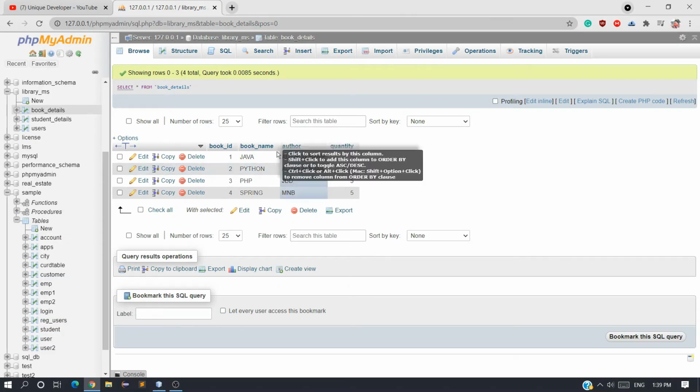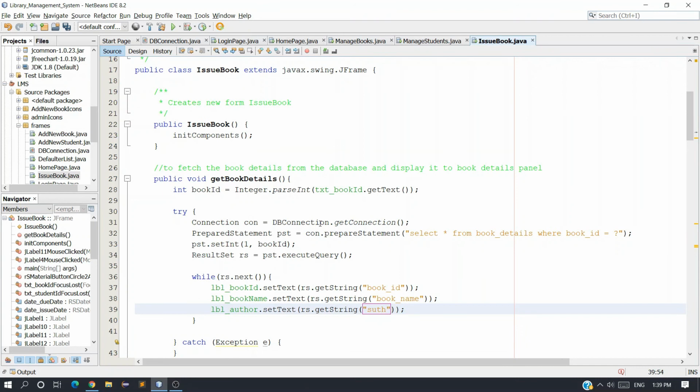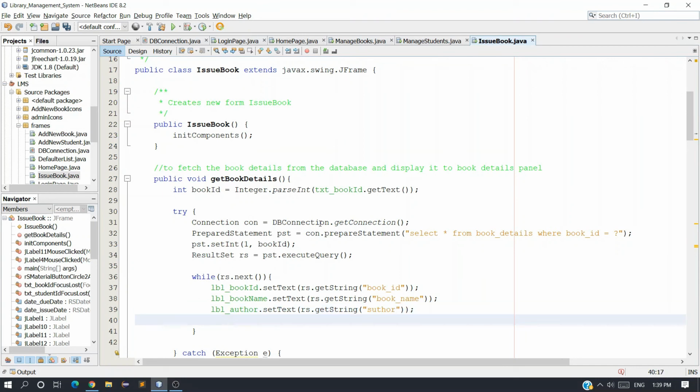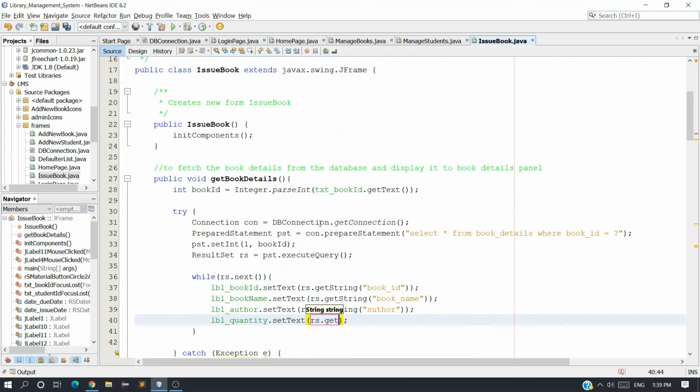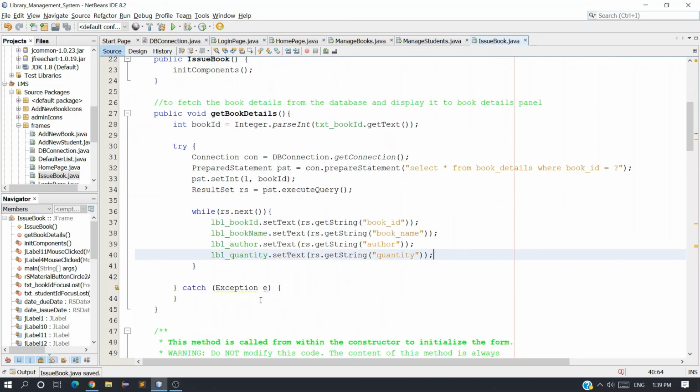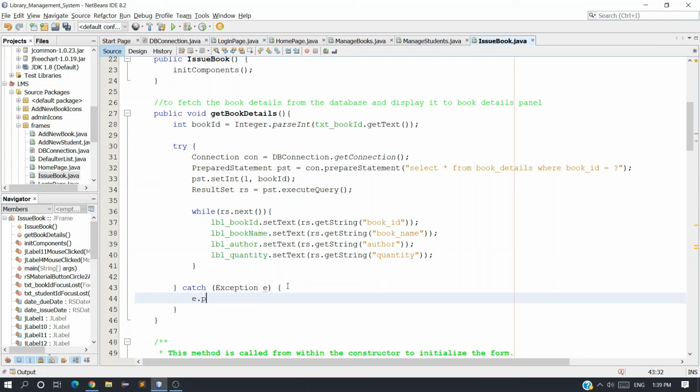Let me check author, okay, so author, and here lblQuantity.setText rs.getString, and quantity, and I think the author spelling is wrong, so author. Now we just catch the exception and print it.